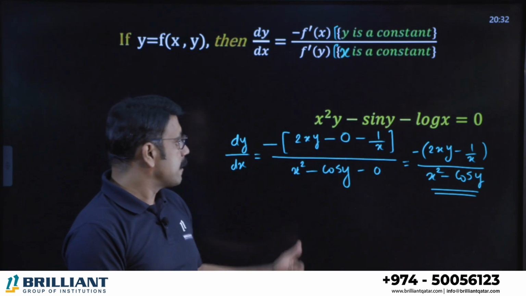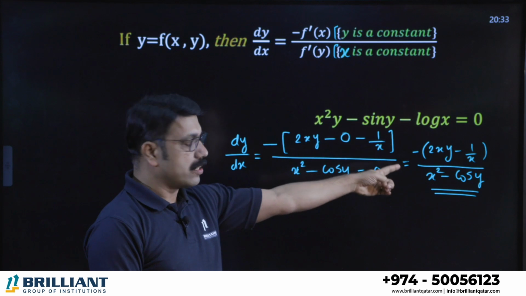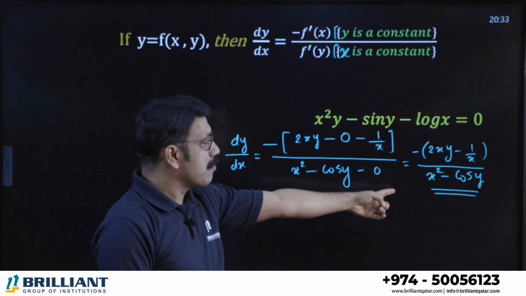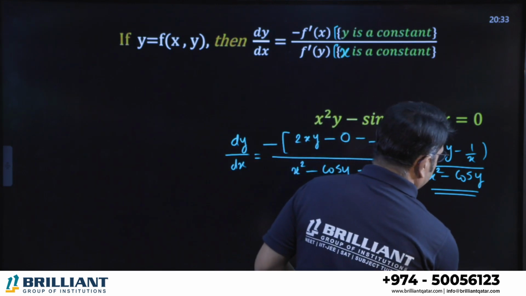Okay, please see the steps. You can avoid this 0 and all, and directly you can write it. After that, any steps needed, take the LCM of that, which is x. That x will come to the bottom. It is up to you. Yes, we can see another example.